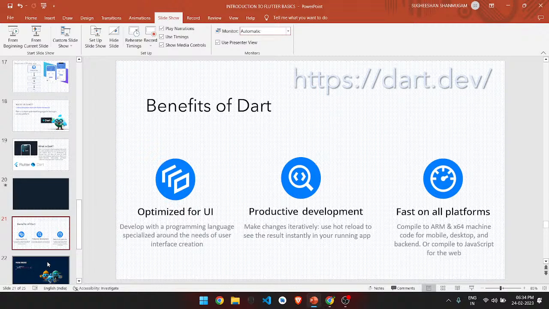It is kind of mind blowing, you know. Developers must handle the curiosity within that. It is very interesting to know that small changes can be visible immediately in mobile application development. It is also fast on all platforms. It is compared with ARM architecture for mobile, desktop and backend, or compared to JavaScript for the web.